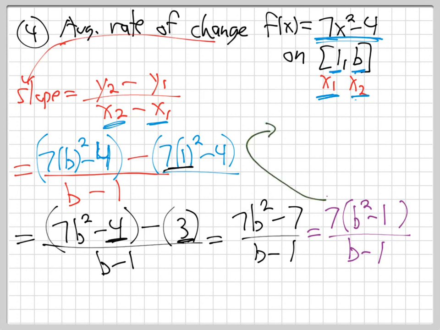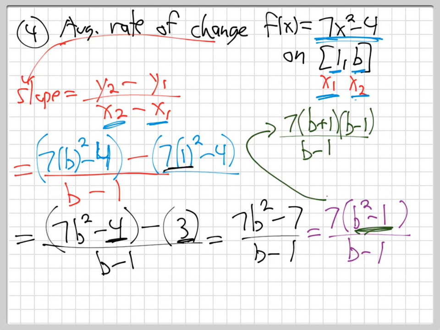I'm running out of room. I'll bring it up here. So that's going to be b plus 1, b minus 1 over the b minus 1. Remember that from our review days of factoring b squared minus 1. And now